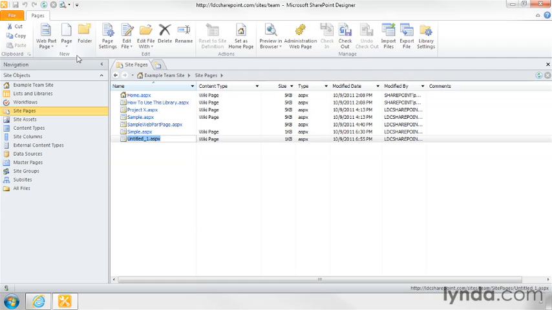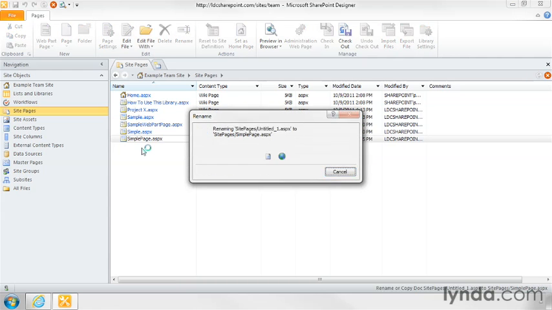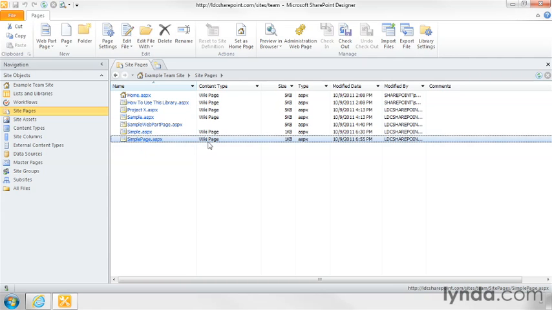I click that. It's going to create a new page here that by default will be untitled underscore something, in this case untitled underscore 1. Let me just go ahead and make this, let's say I'll call it a simple page. Hit enter. It will rename it. Now it says here that this is wiki page. That's a little misleading. The best example of the difference here, well,